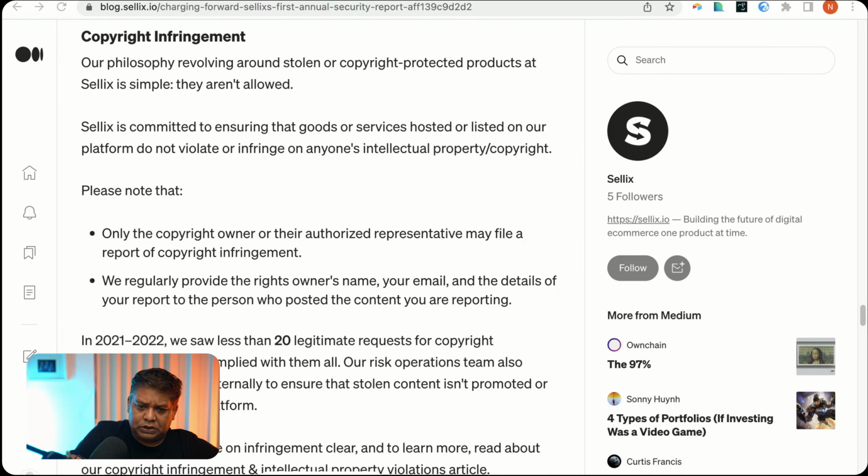Okay, so only the copyright owner or their authorized representative may file a report on copyright, right? So these are some really interesting points they are making. And then at the same time, it also sort of defeats the purpose if you don't act on it, right?